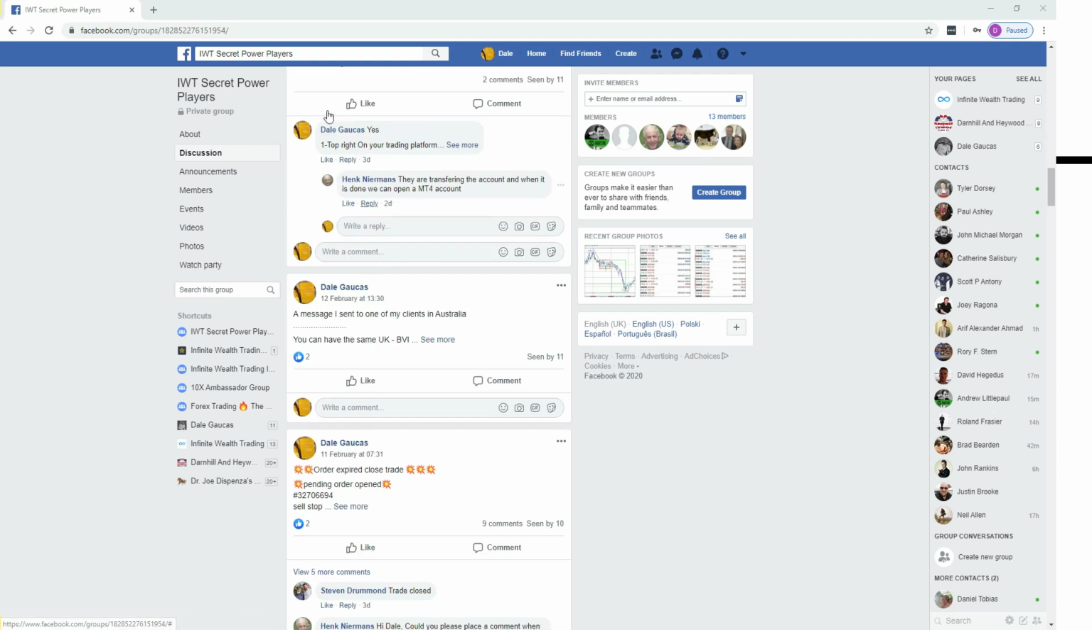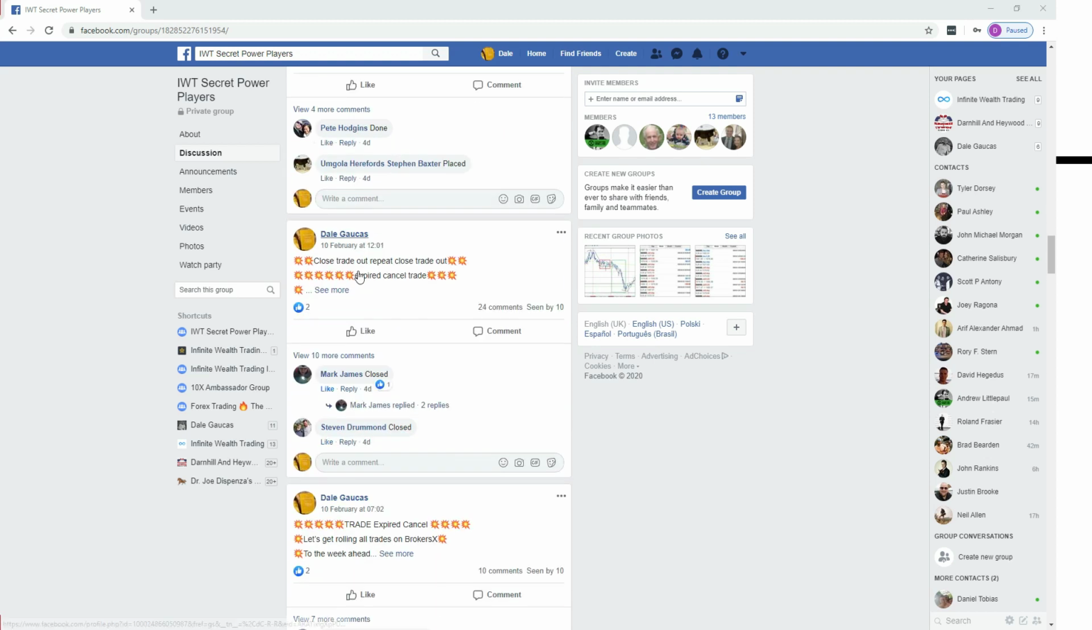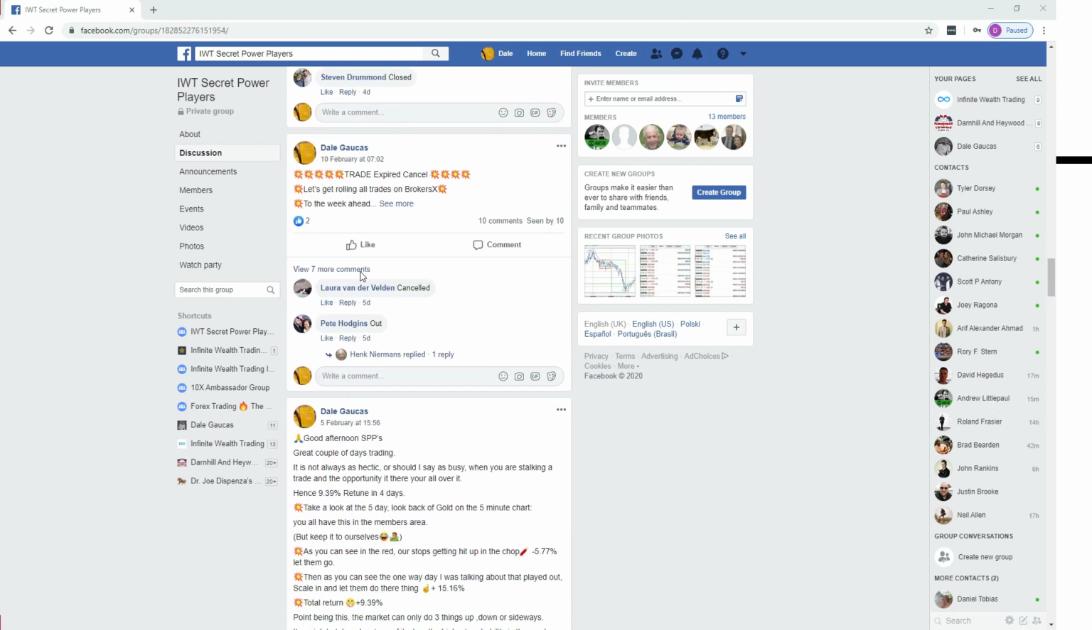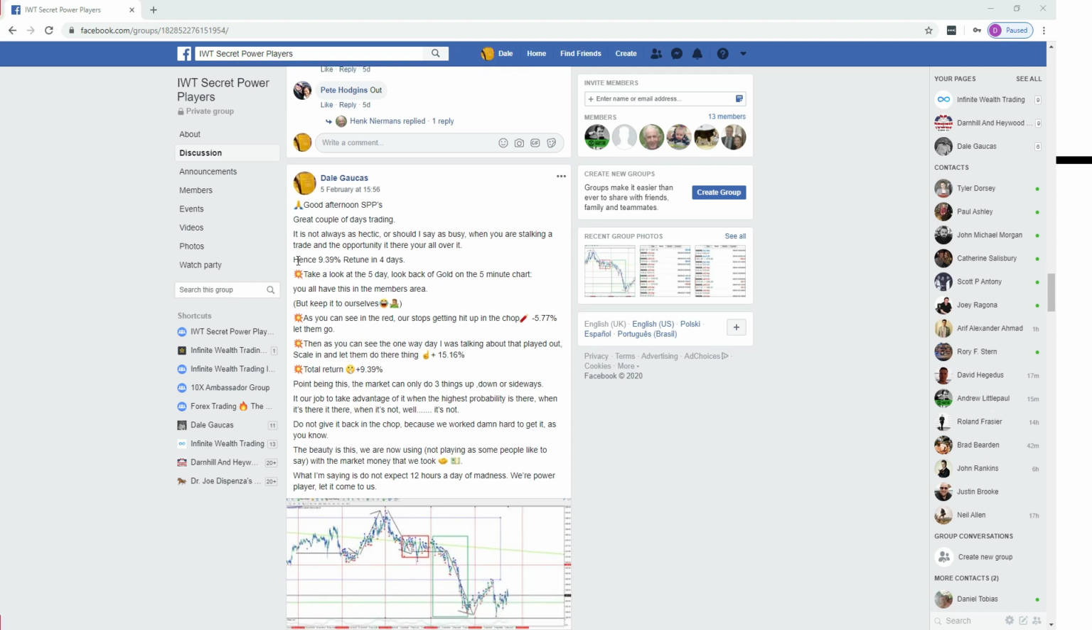Some information here, top right of your screen, closed trades. Let's see if I can find the comment that I think was on the 5th. Oh, here we go. Good afternoon, SPP, Secret Power Players. Couple of great days trading. It's not always as hectic, or should I say busy. When you're stalking trades, the opportunities are there for you all to see. You'll see that. Hence the